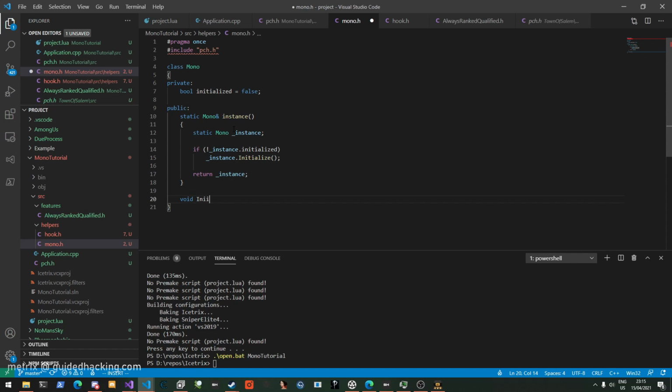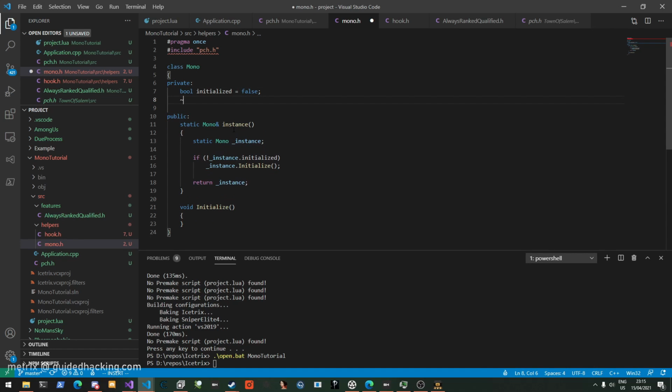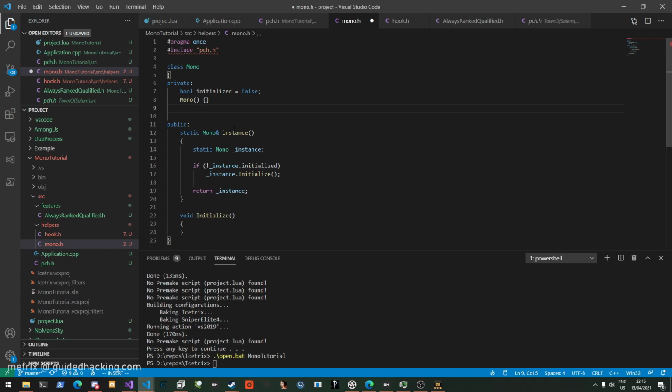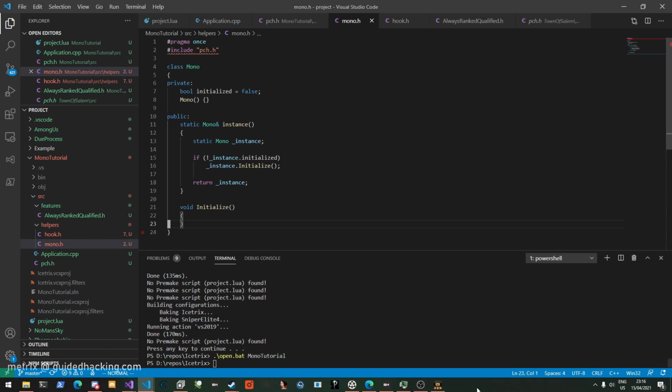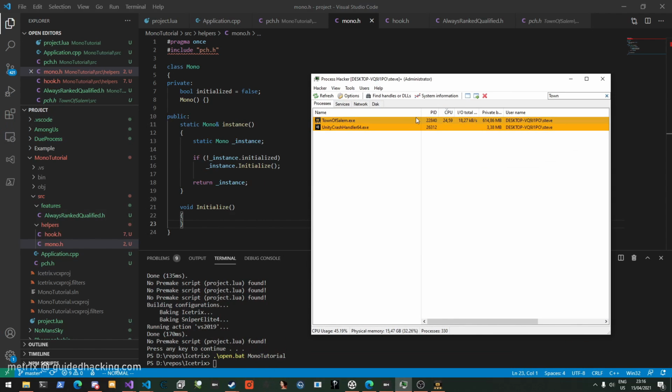So we add an initialize here. We can make it private maybe, but for now it's fine, I guess. Let's prevent creating a mono instance by hand. Create, that's it. First, what we need to do is let's go into Process Hacker, go into Town of Salem